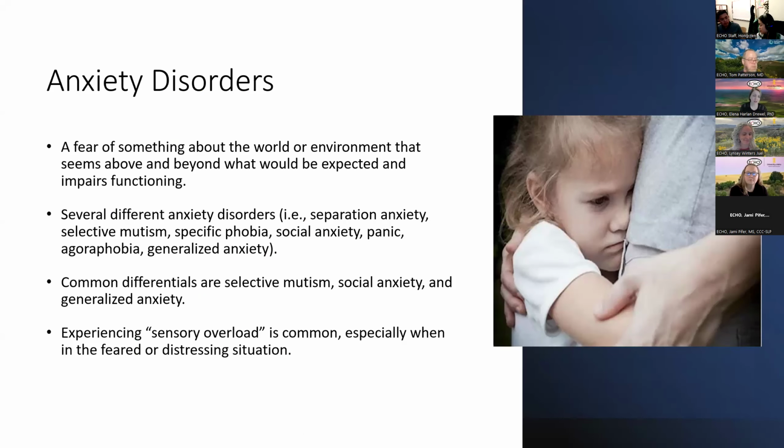So the first set of conditions that I'm going to talk about are anxiety disorders. With young children, we're thinking about the 2 to 3 year old children that our primary care providers and our cohorts are going to be seeing and evaluating. I often like to say that a lot of these kids might have what I consider temperamental shyness or slow to warm up. And these types of symptoms could be precursors to the child developing an anxiety disorder later on in life. So you might hear me in part of our ECHO discussions talking about temperamental shyness, slowness to warm up, kind of early symptoms of anxiety.